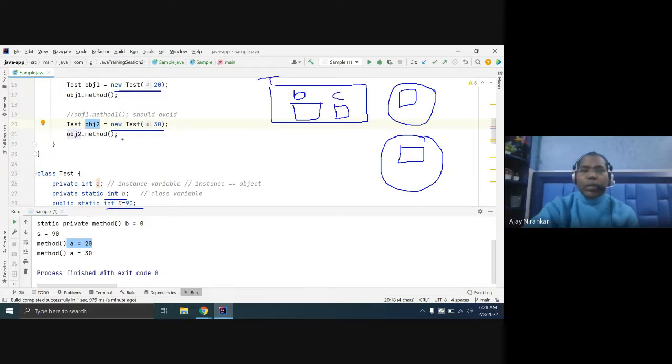So any number of objects you can create, different objects are created in memory, and only for instance variable a is space allocated. B and C are static, so there is only one copy. There is no duplicate copy created because this is a class level variable. There is only one test class, so there is only one copy for all the static variables.